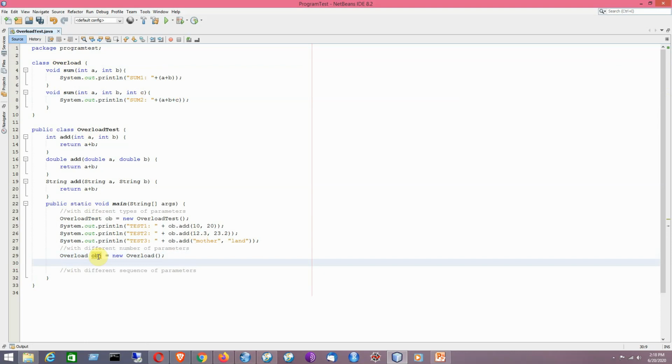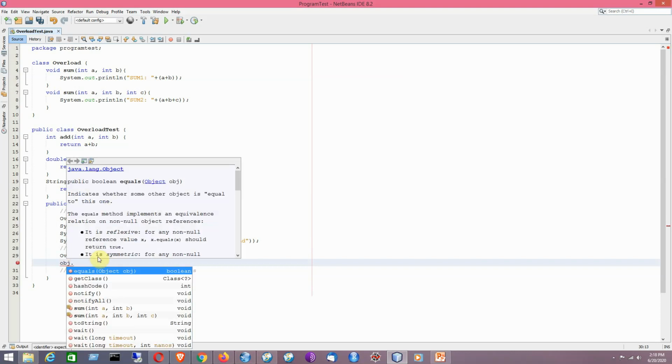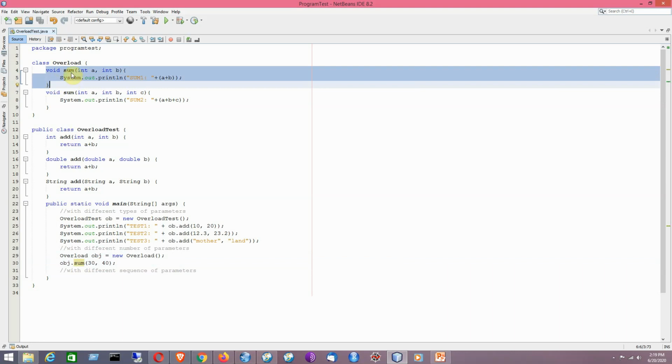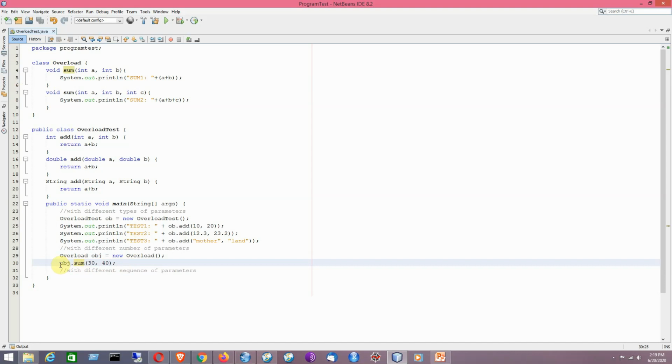So obj dot sum, say for example I am writing here 30 and 40. Certainly you can see here, based on the number of parameters being passed, it will be calling the first version of the overloaded method of sum.